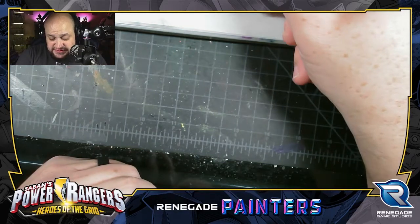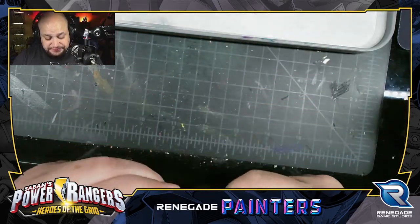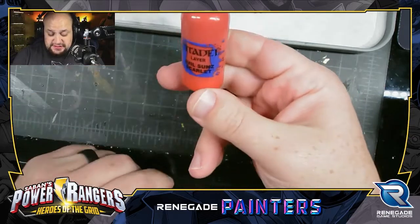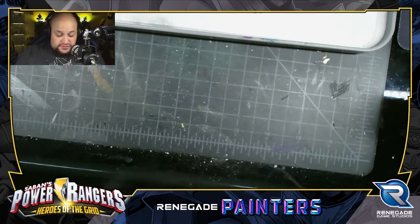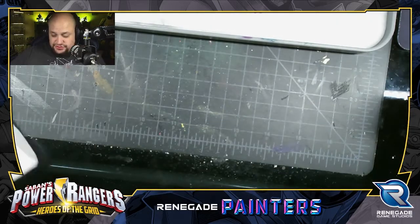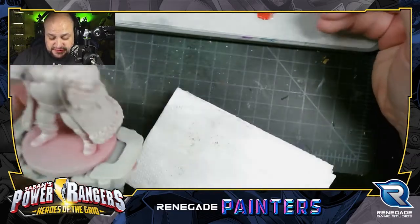All right, so this is Evil Sun Scarlet. This is a Citadel color. I'm getting pretty low on that, so I'm going to have to refill. We'll go with my number 2 brush to start. Probably will end up switching to a smaller brush, but...